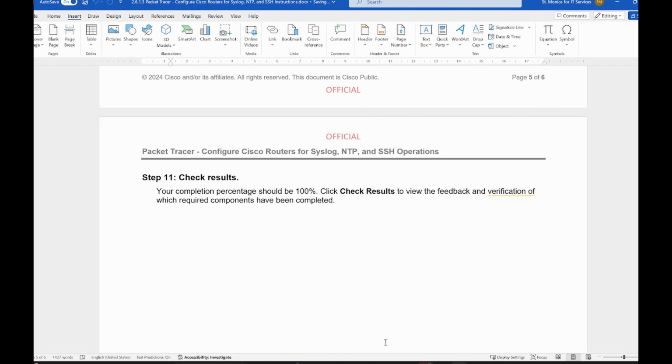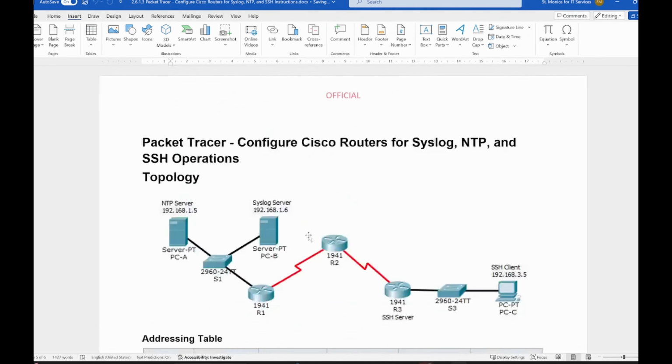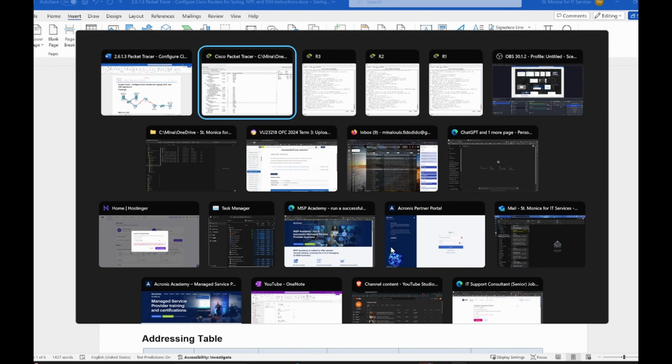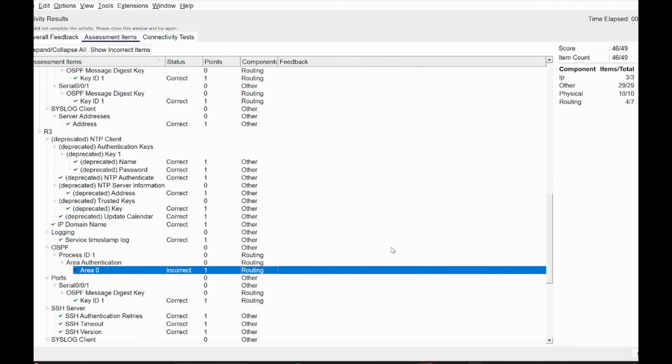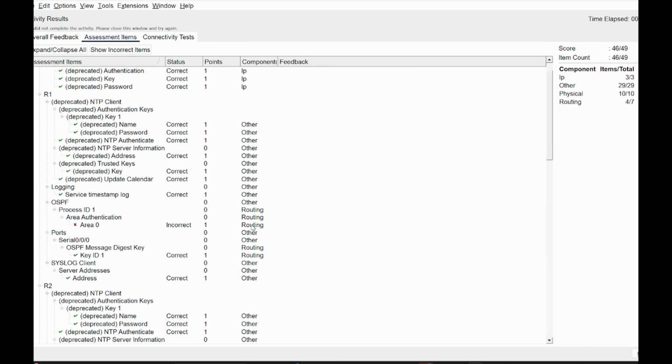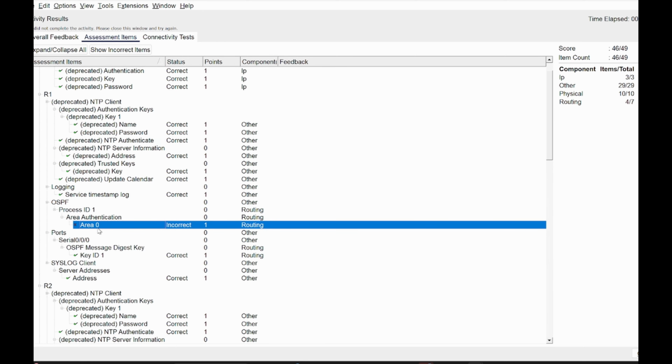I don't know what is missing. We've done all the steps. I believe we'll have to check with the support people on this lab again, but I'm pretty sure we followed every step on this one. So on the routing, there are 3 steps missing, which are these steps. Process ID 1,